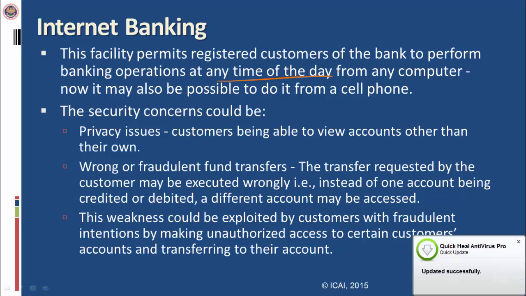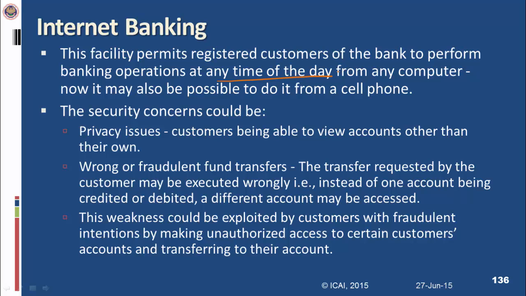wherein wrong or fraudulent fund transfers are taking place. The transfer requested by the customer may be executed wrongly, that is, instead of one account being credited or debited, a different account may be accessed. This weakness could be exploited by customers with fraudulent intention by making unauthorized access to certain customers' accounts and transferring to their own account. To ensure that such kinds of events do not occur, the banks have now strengthened their systems,